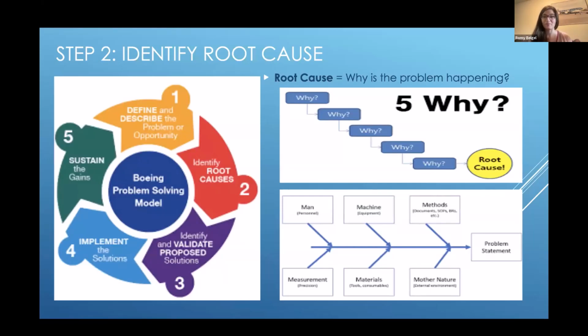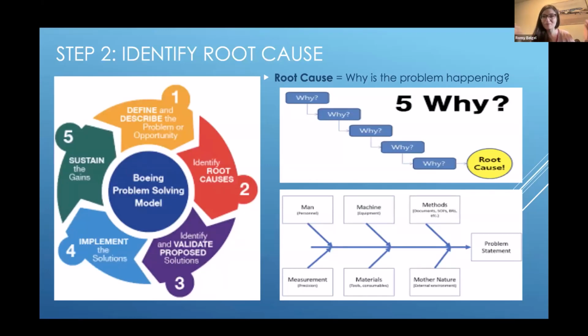It might be that a person isn't following procedure, and that's creating an issue. Or a machine isn't behaving the way you expect it to. Maybe your methods and your procedure is actually not that great, and that needs to be fixed. Maybe there's something about the weather. I know working with paint,